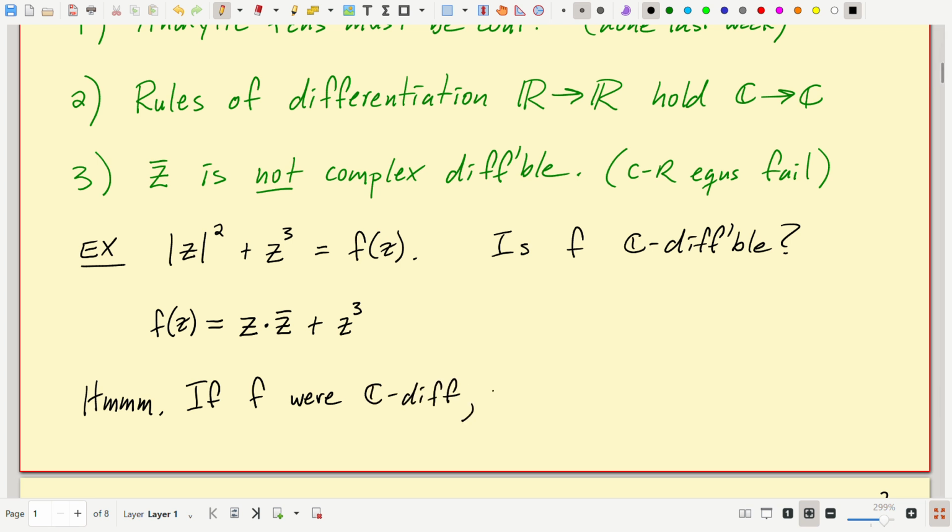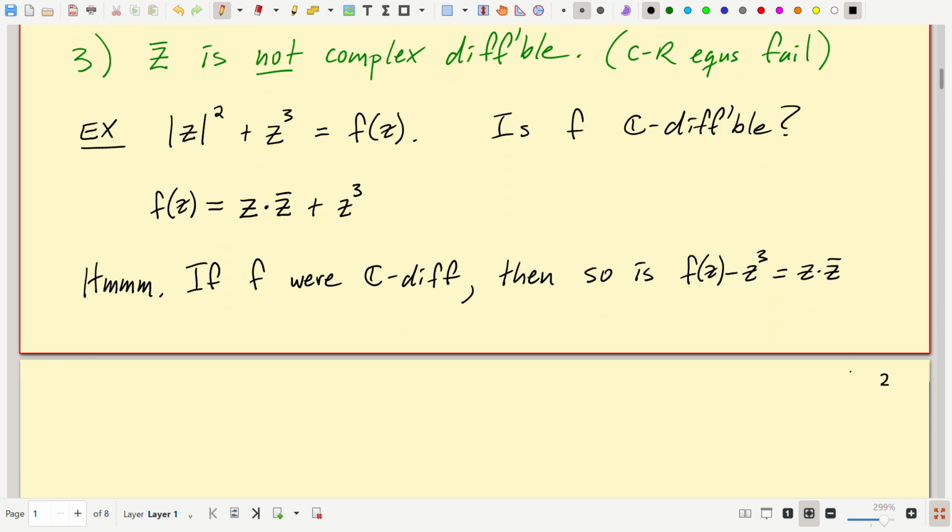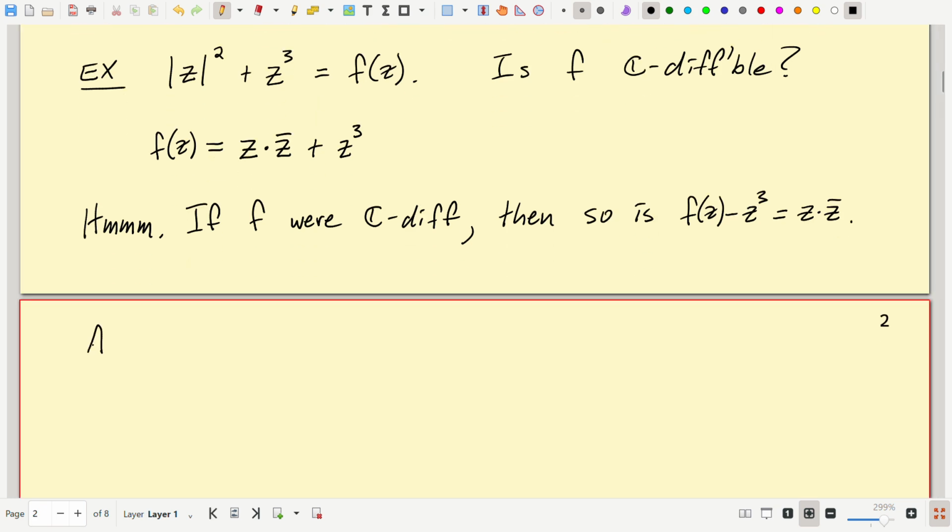then so is f minus z cubed. And that's equal to z times z bar. And now I've got z times z bar. I know that z bar is not complex differentiable, and I know that the rules of calculus work for complex numbers. And so now my brilliant idea is, if f is C differentiable, then